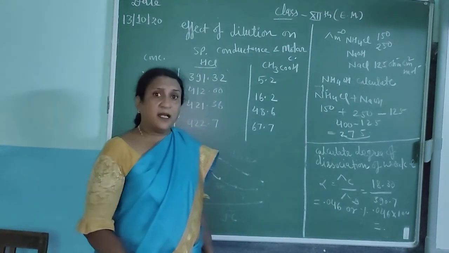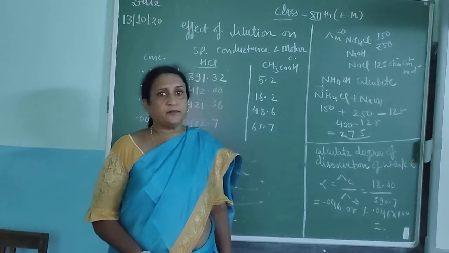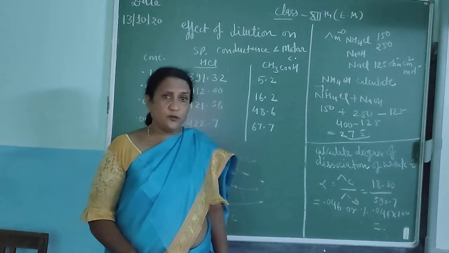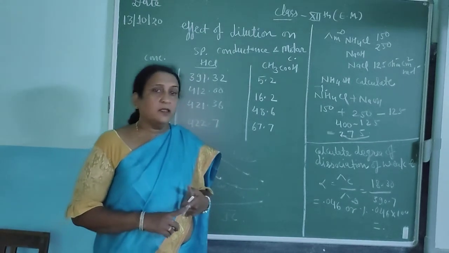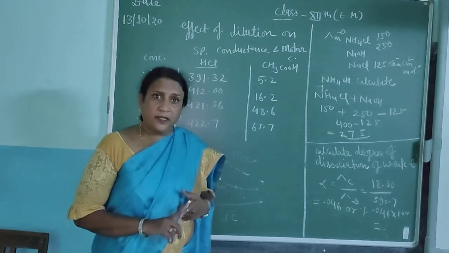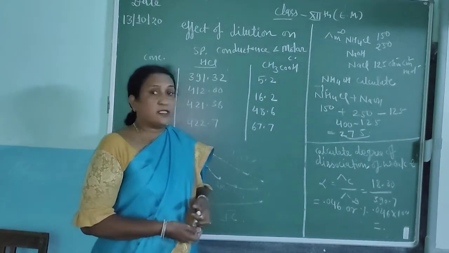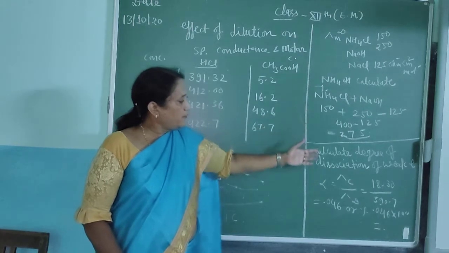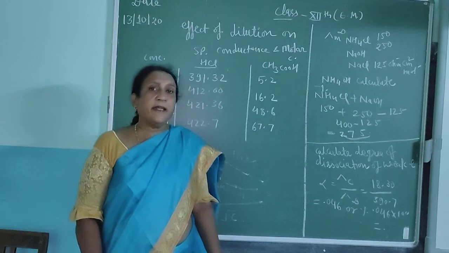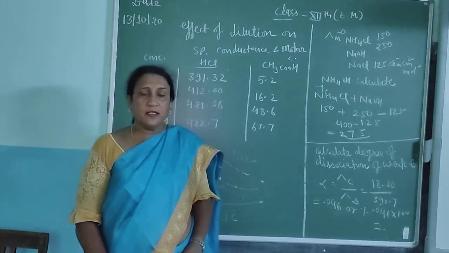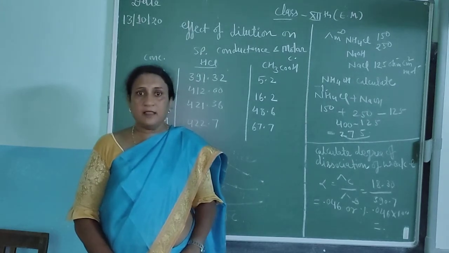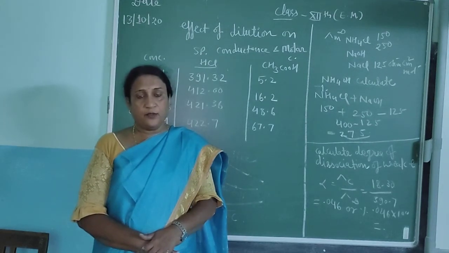Okay. And the third application is to calculate the molar conductance of a given electrolyte. So what you will do? You can prepare Kohlrausch law and its applications. You can take 3 applications as well as the sums. On the basis of the applications, the sums will come. Okay. In the next part, we will discuss cells, types of cells, and the difference between cells and batteries. Thank you. Have a nice day.